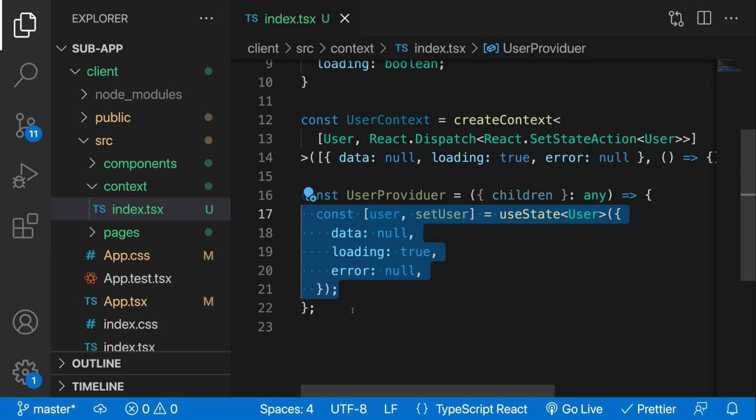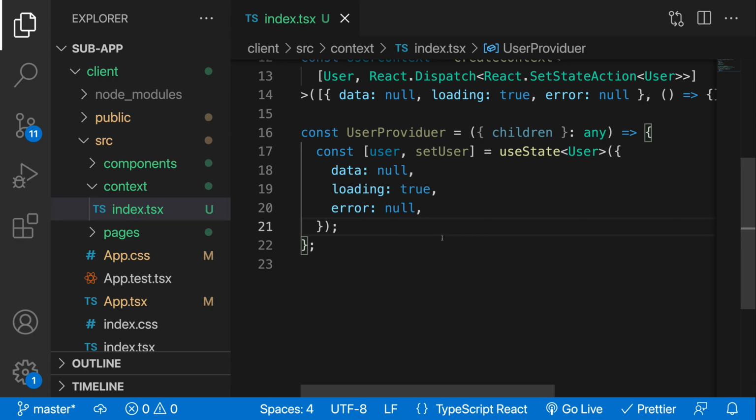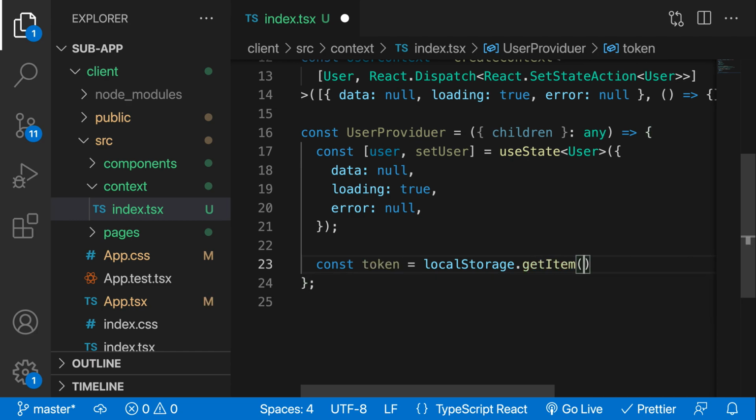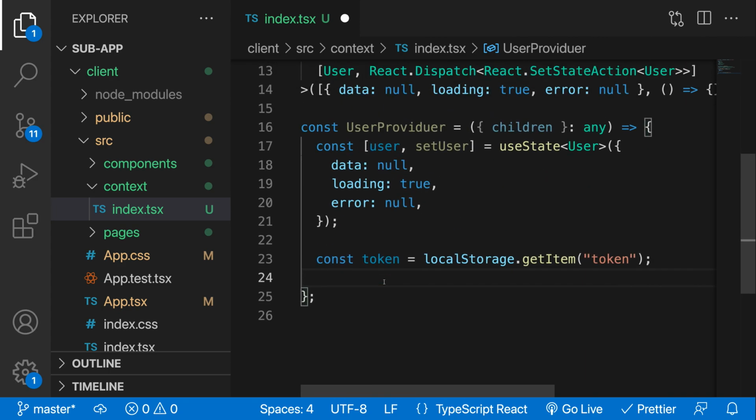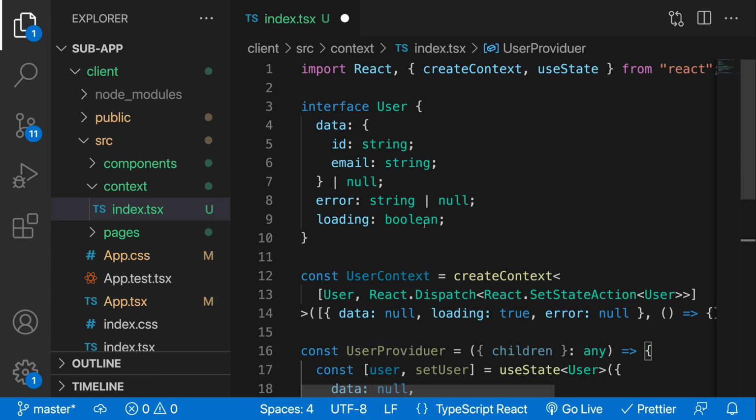And so now what we want to do is we want to fetch. So you want to fetch using that me query. But before we do that, we have to ensure that our token is inside of our header. So let's go ahead over here, and we can say const token is equal to localStorage.getItem, and we can get our token. And then instead of passing it in manually for every single Axios call that we do, what we can do is actually